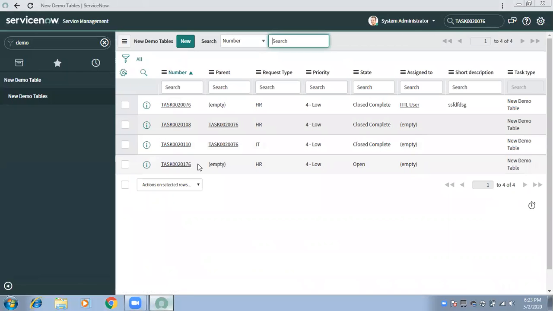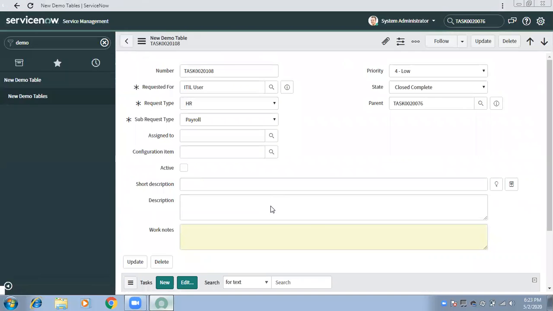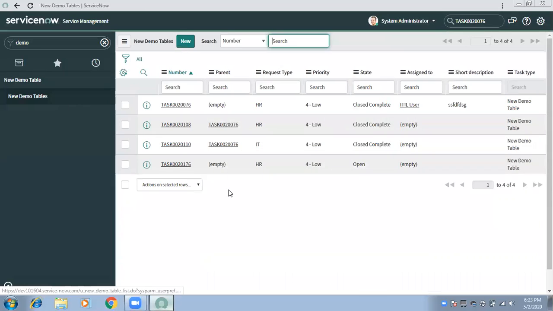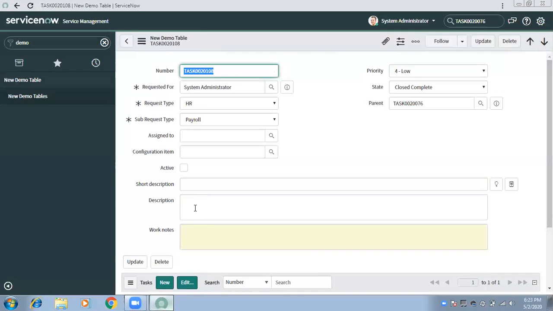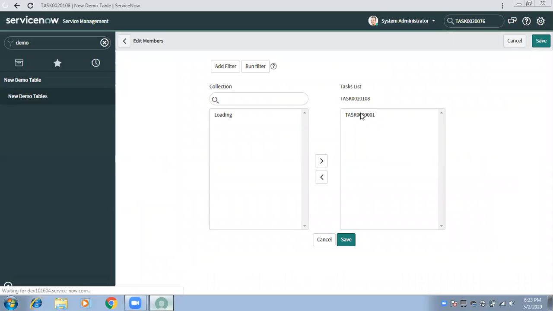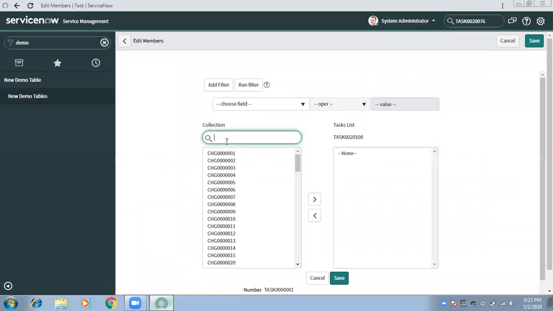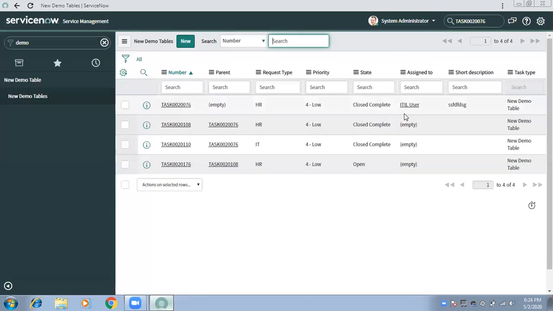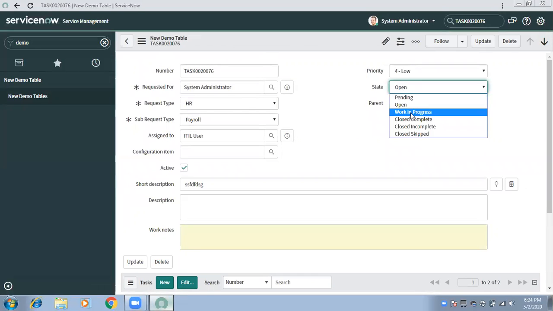To do so correctly, let me just add this as a subchild. Let's remove this one.